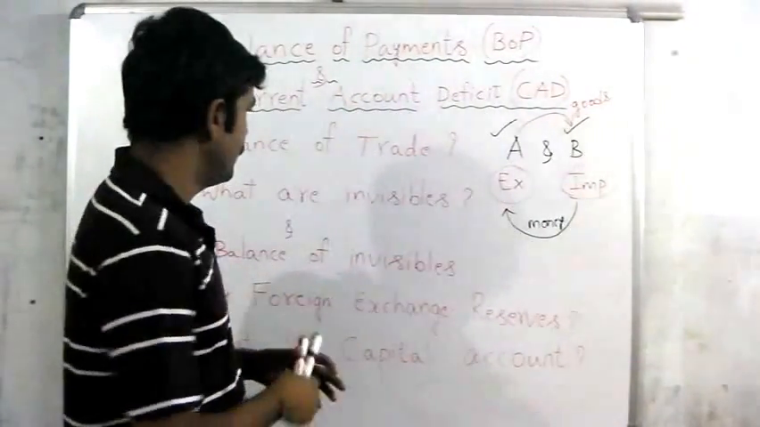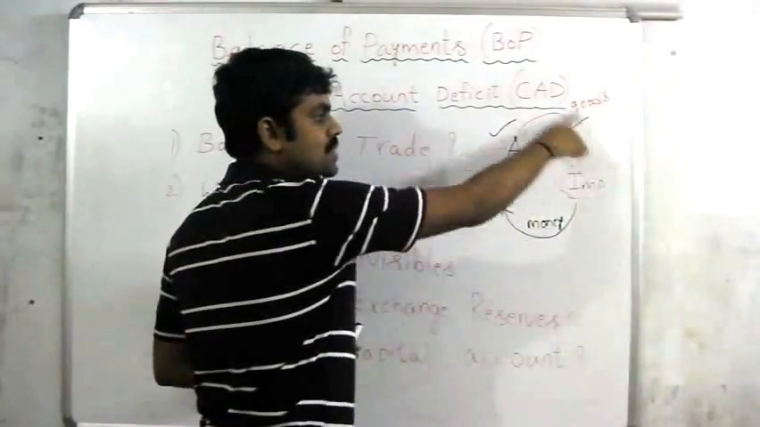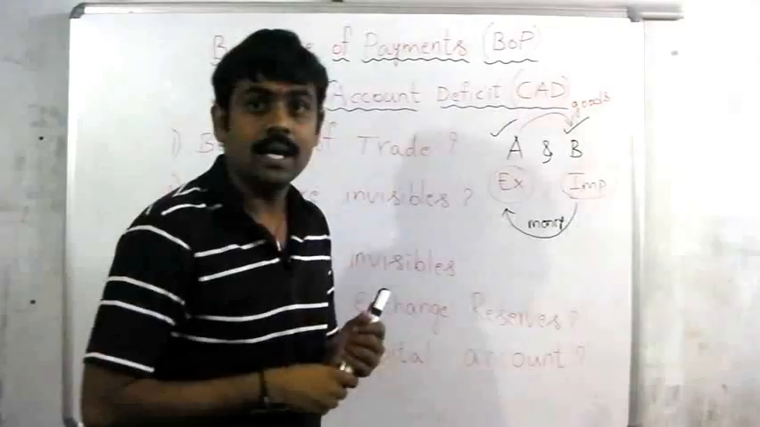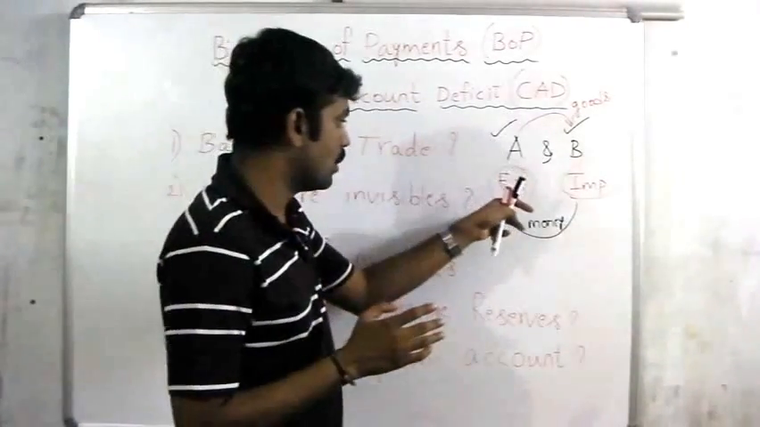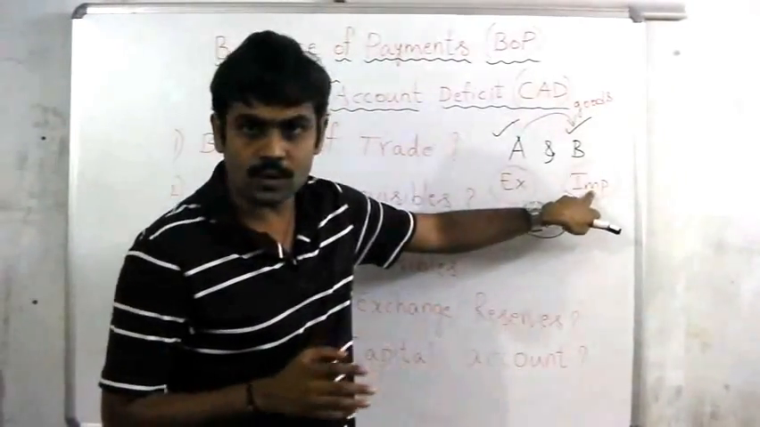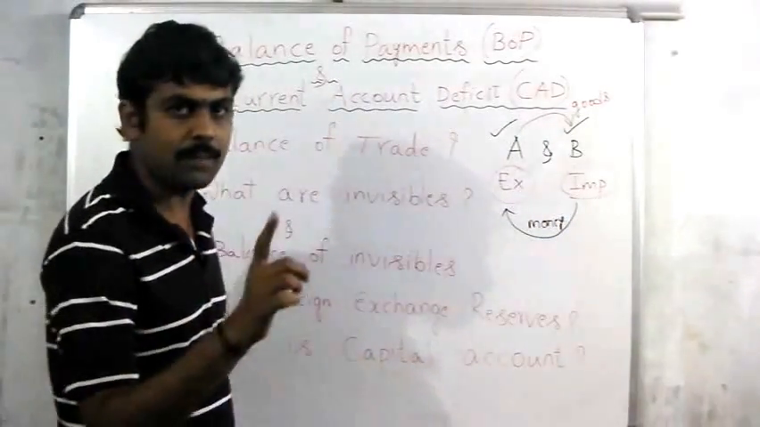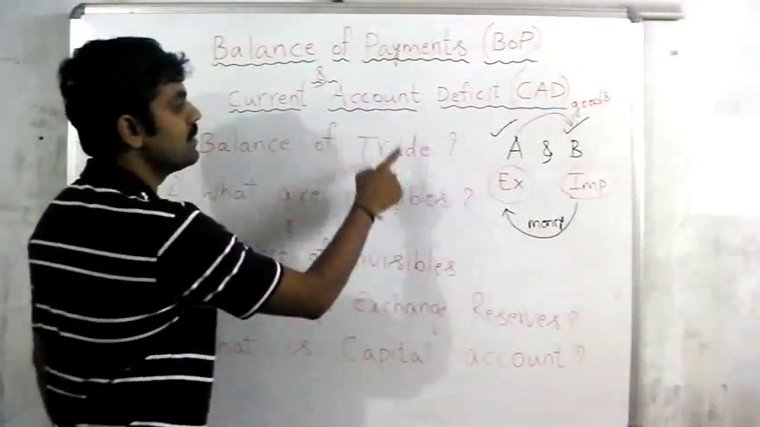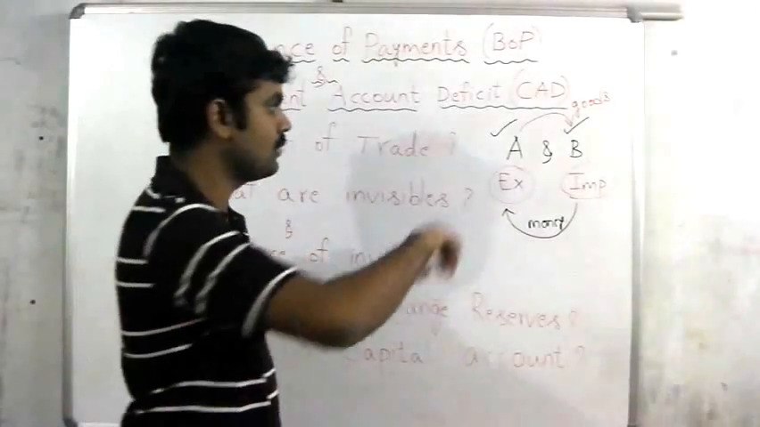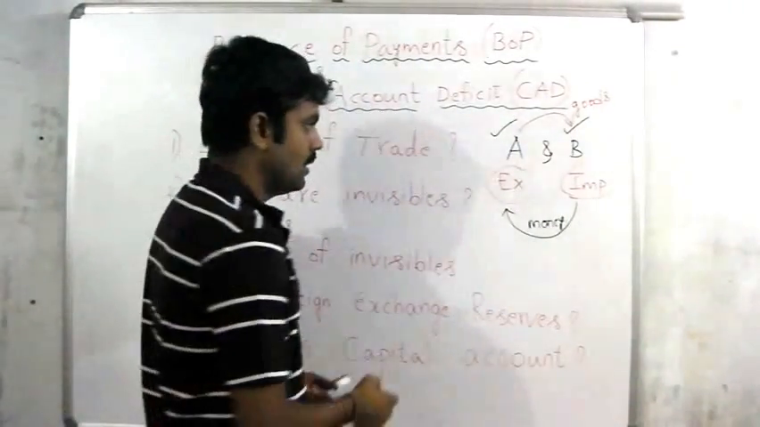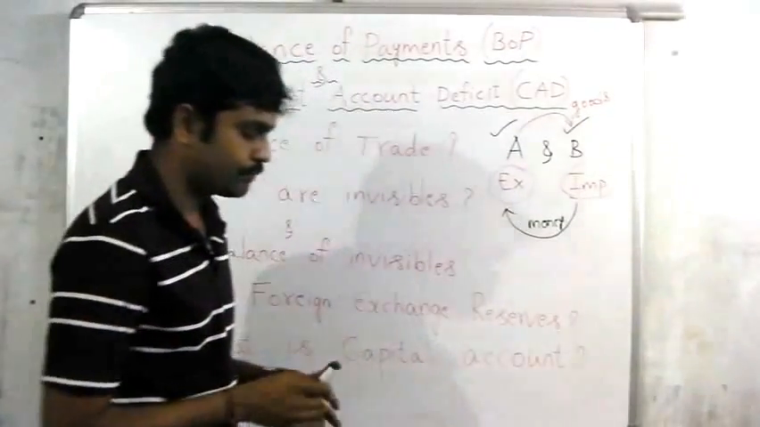That is the balance between the exports as well as imports. That means the gap between exports as well as imports between the two countries A and B is nothing but the balance of trade in respect of the countries A and B. That means, clearly observe here that